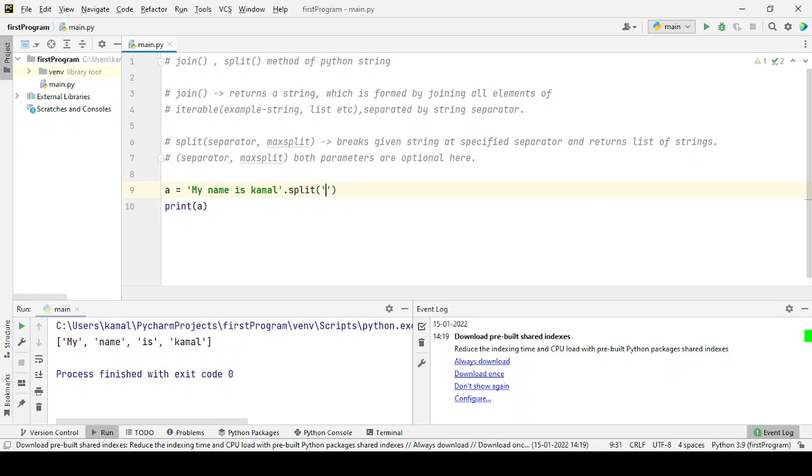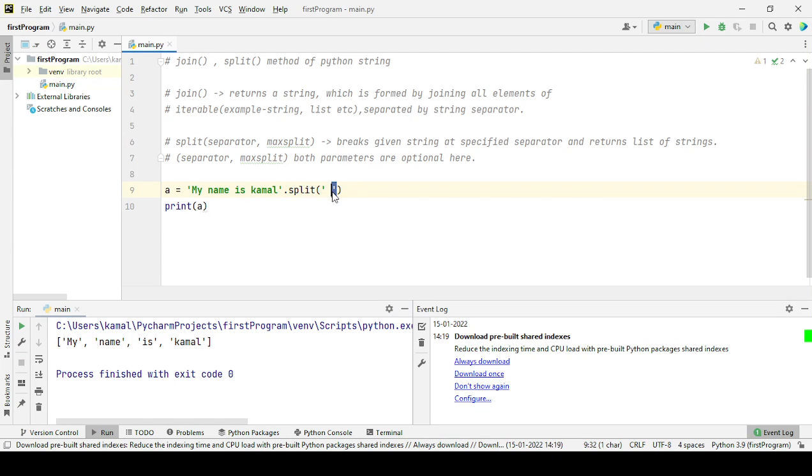The second scenario is when we pass one separator where we want to split. In this case, obviously we would want to split at space. So we are passing space here. So it will identify that we want to split at space. So it will split at space, and just a similar output will be there. Let's try to run this again. We can see a similar output is there.